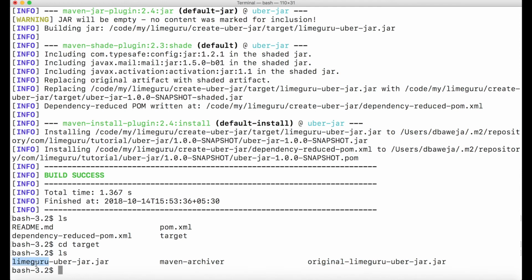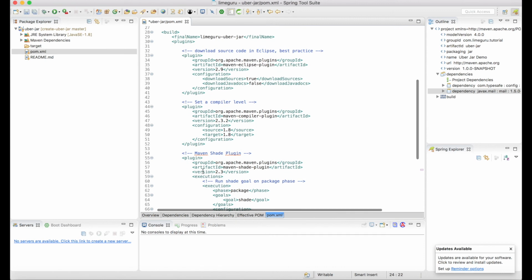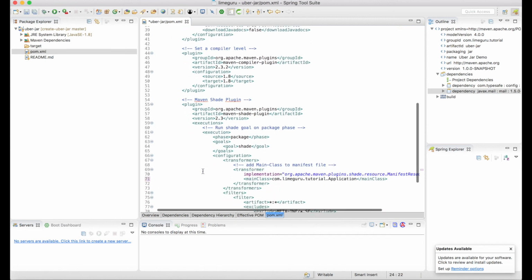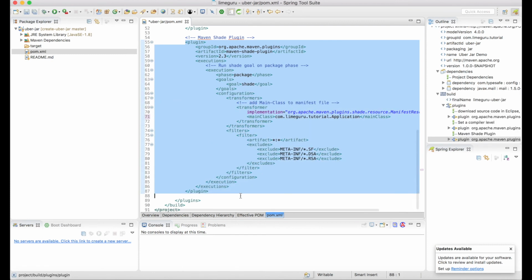So this is how you can generate an Uber jar for any of your projects using this simple Maven Shade plugin. You just need to include that plugin in your build process as part of your pom.xml. I'm again going to highlight this Maven Shade plugin. This is the only plugin that you need to include in your pom.xml, and as a result of the Maven build, you will get an Uber jar or a fat jar with all the dependent jars included as part of your bundled jar. I hope this video is useful to you and will help you quickly export your project as an Uber jar.